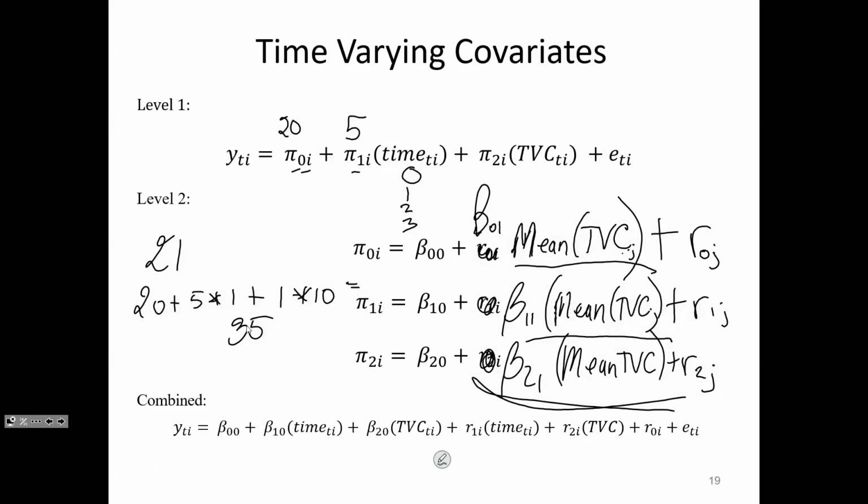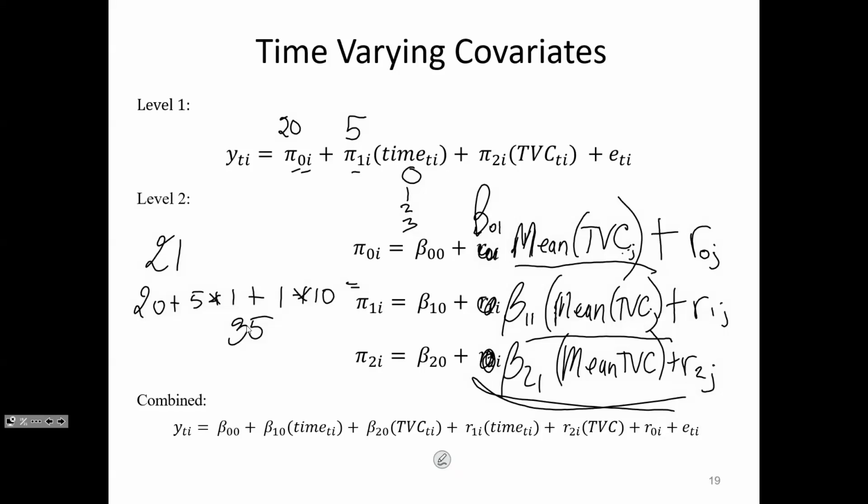So for the first example that we do today, if you've read the Hoffman papers and Hoffman's book, as I have, and if you read the Rights and Sterba stuff, they will caution you against ever grand mean centering anything. This is an interesting controversy in the multilevel literature. There are people who are rabidly always group mean center, and there are people who think group mean centering is weird and would generally prefer to grand mean center. I'm somewhere in the middle, where I can totally see the advantages of group mean centering. But if we get to the second example, I think you'll see that